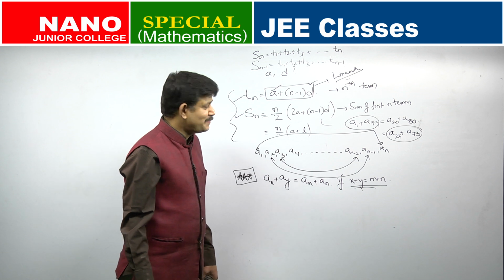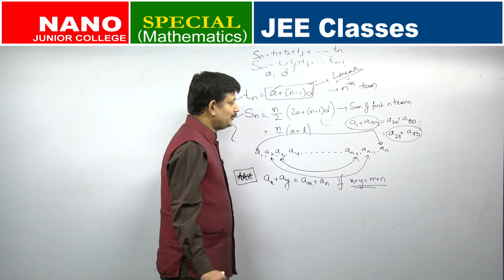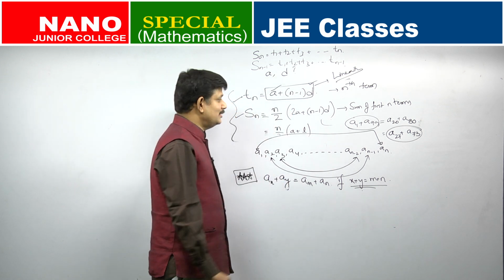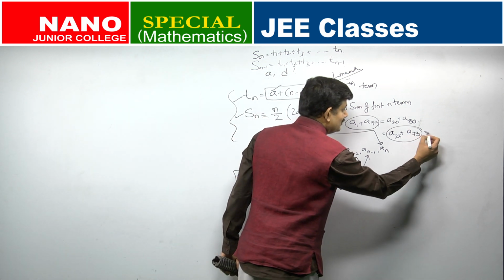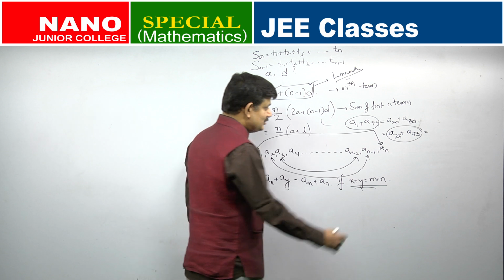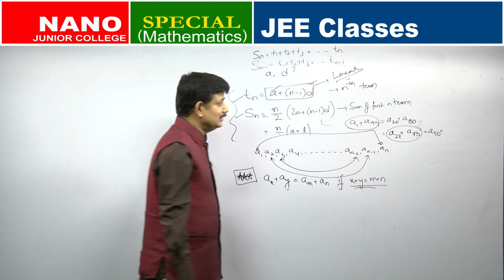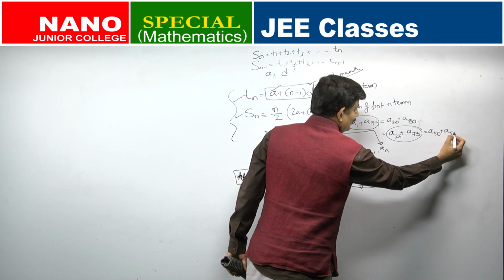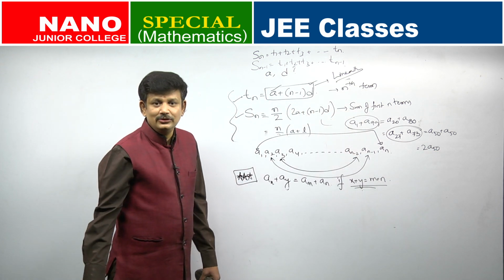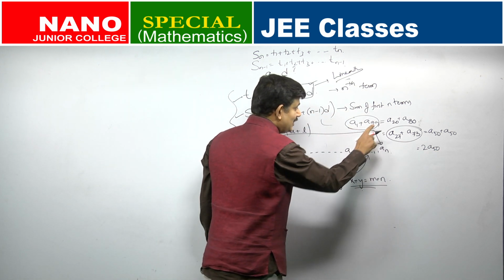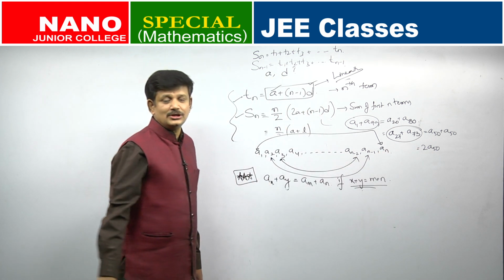Is the property clear, all of you? This is very, very useful to you in terms of problem solving. Let us come to that property whenever we are solving some numericals. Beautifully, you can solve many numericals easily. Another application of this: this can also be written as A50 plus, what should be the other? 50, right? A50, or it will be 2 times A50. 1 plus 99 is 100, and 100 is 2 times 50. So you can write it as 2 times A50.